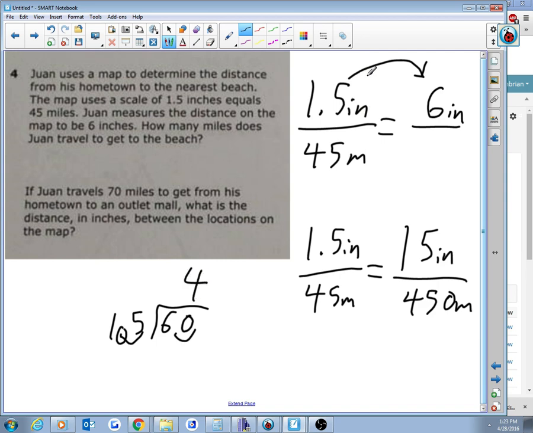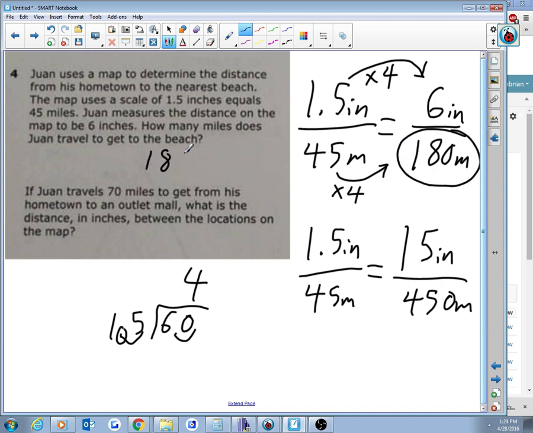So the scale factor here is times 4. So 45 times 4, well 45 times 2 is 90, 90 times 2 is 180. So 45 times 4 is 180 miles. 180 miles is my distance to the beach. Now it's saying if Juan travels 70 miles from his hometown to an outlet mall, what is the distance in